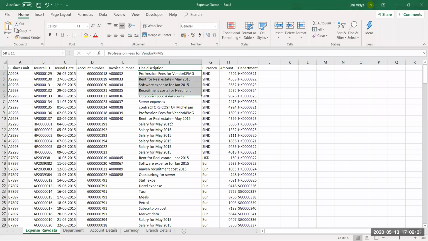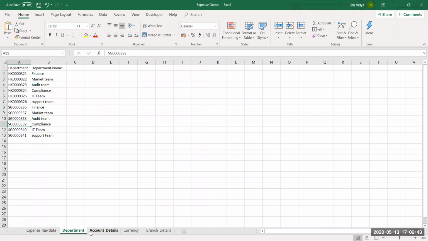Line of description: you are providing the description of why you are spending it, and in which currency you are spending it, the amount, and the department. Even the departments, just look at it, they are in department numbers. We don't have names here. You can see all the numbers from the different sheets that we have.